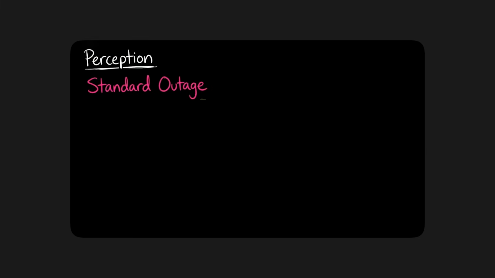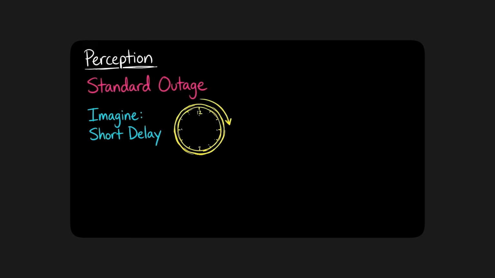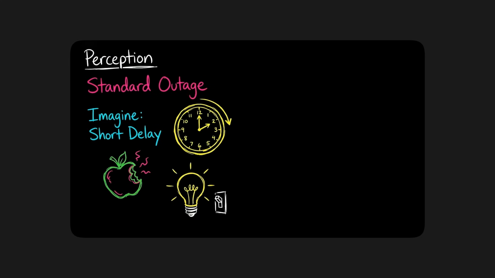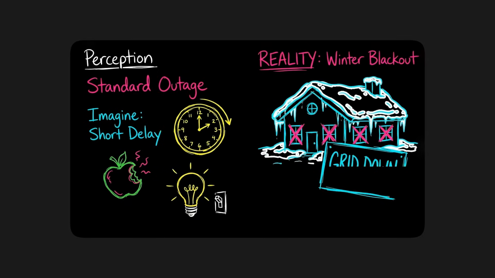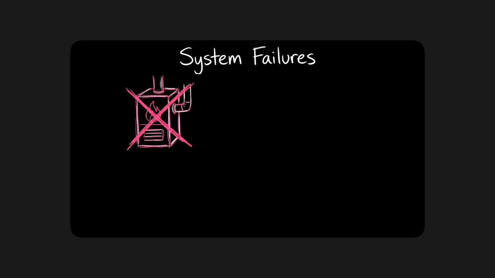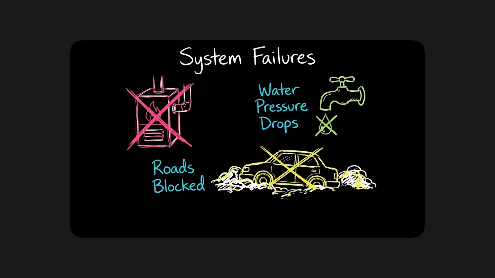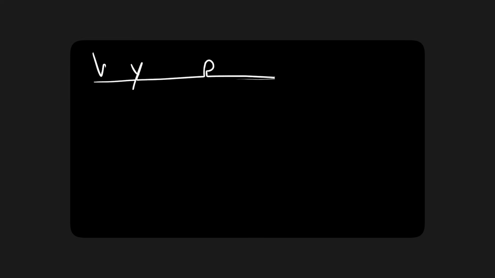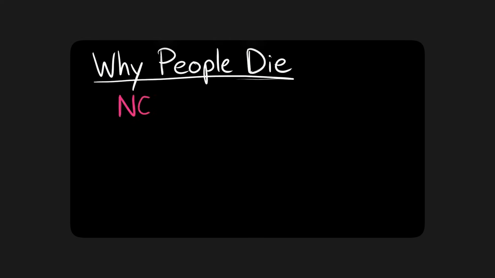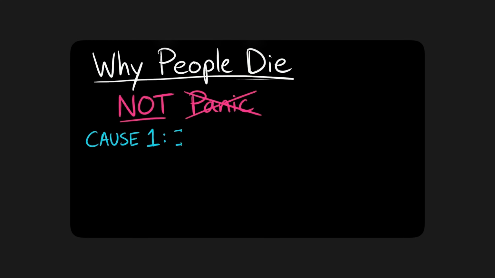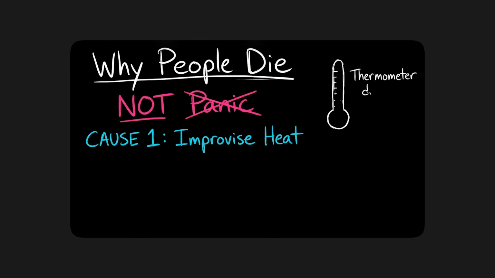Let's see the result. When people think about a power outage, they usually imagine a few dark hours, maybe spoiled food, and then things coming back on. A winter blackout, when the grid is actually down, is a very different animal. In this situation, heat often fails completely. Water pressure can drop or disappear. Roads may be impassable, and help may not arrive for days. Every winter, people die, not because they panic, but because they improvise heat, underestimate cold, or...